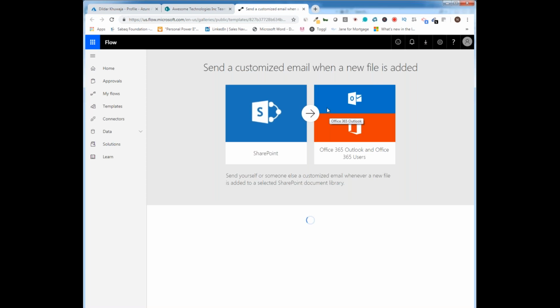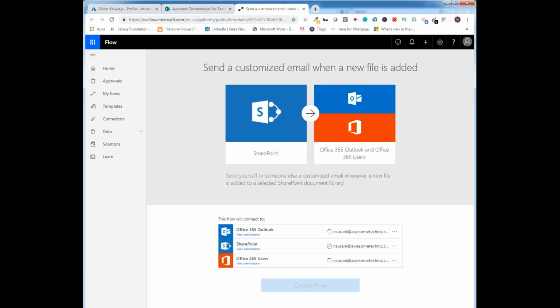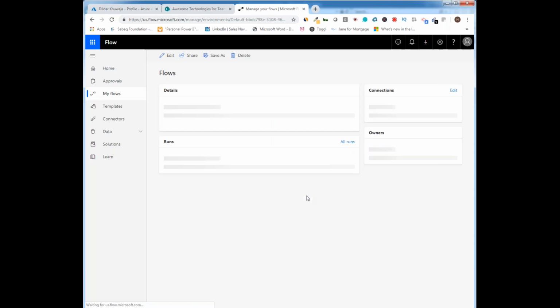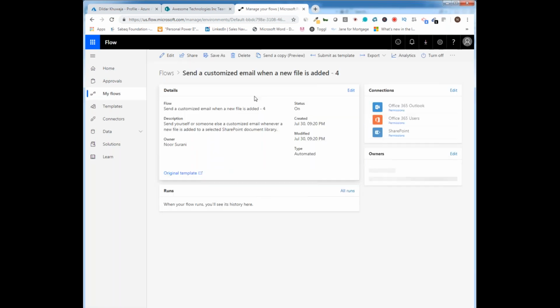You can see that whenever any new file is added to this specific list, it will send an Outlook email to Ansurani at awesometech.com. I'm going to create the flow. I just click the create flow. So now the flow is created, and I'm going to test this flow, whether